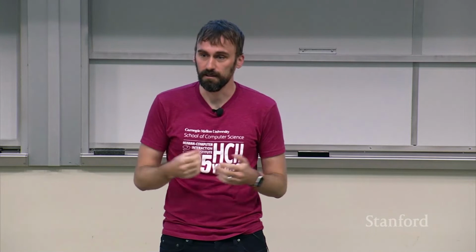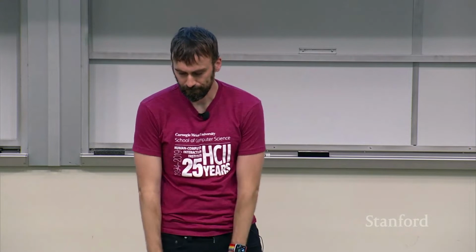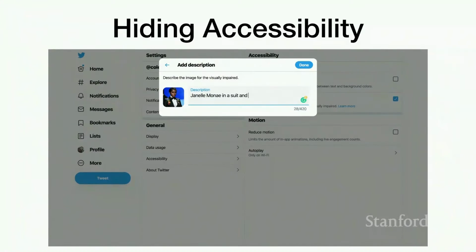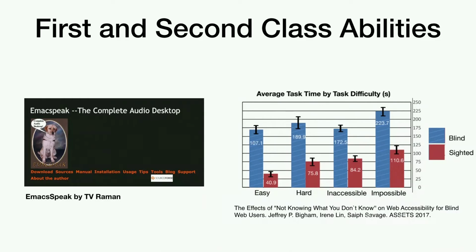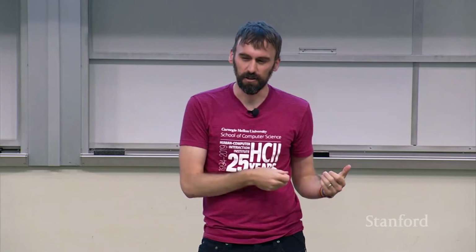And so you look at the companies that do well in accessibility, and they usually do have a real value behind it. To Michael's point, and this all feeds in with each other, right? There's this notion, first expressed to me in this way by T.V. Raman, who's a blind scientist at Google, of first and second class abilities, right? First class is the ones that we see by default. So you see high visual acuity, you see high motor dexterity. And then you get stuff added on. It's possible to use, but it's never quite as good for a lot of different reasons.